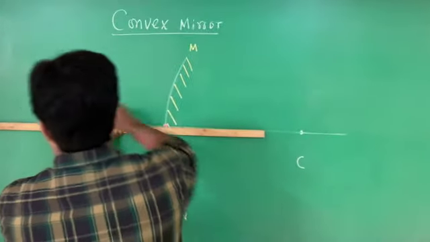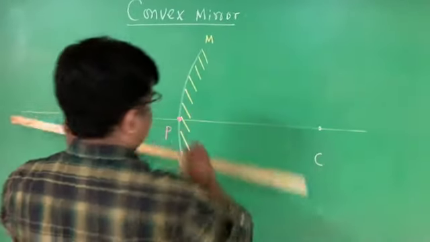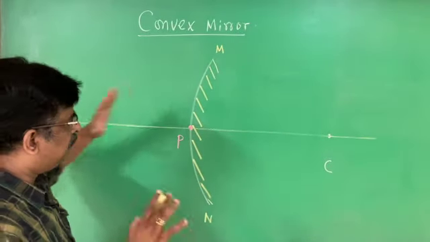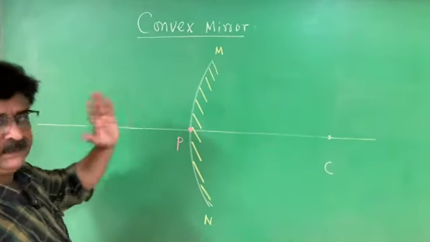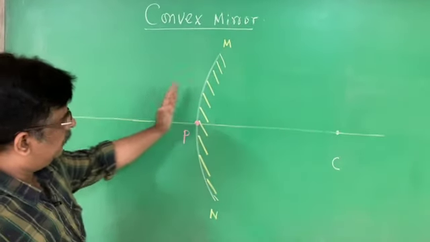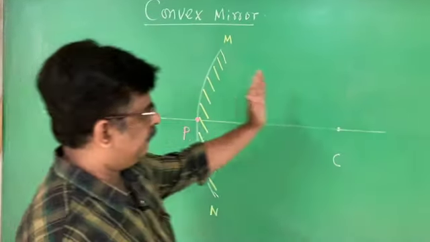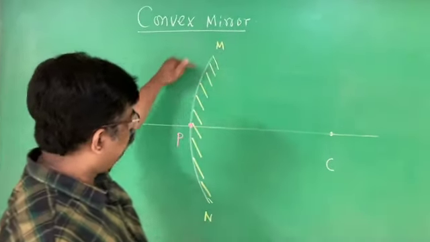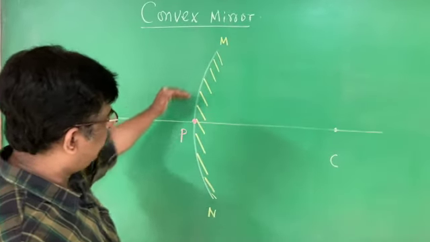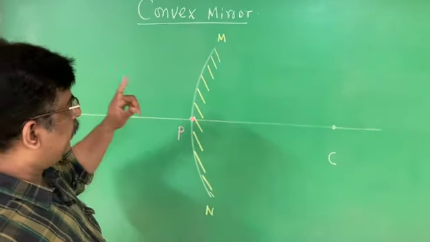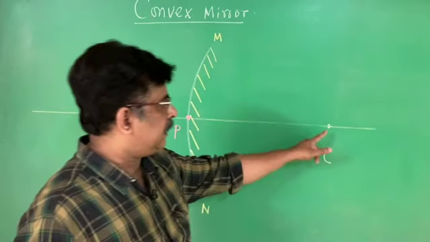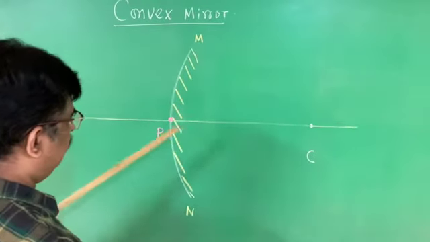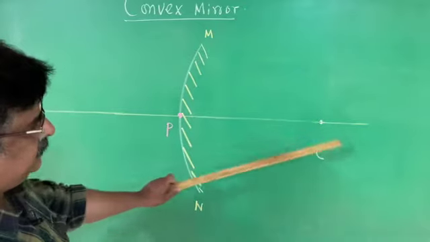I extend it. Why? Because the reflecting surface is this side. Don't forget, this is the reflecting surface. It is a convention. It is not a must, but to solve problems, it is a must. Right? It is facing the left side and the center of curvature is here. Now, the first thing you have to understand is that a convex mirror is a spherical mirror in which the reflecting surface is bulged outwards. In the convex mirror, the center of curvature lies behind the mirror. P is the pole of the mirror, C is the center of curvature.